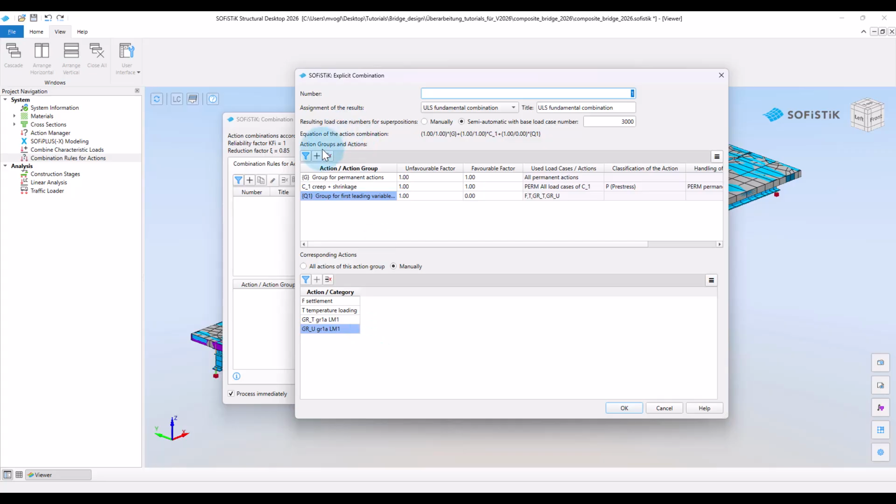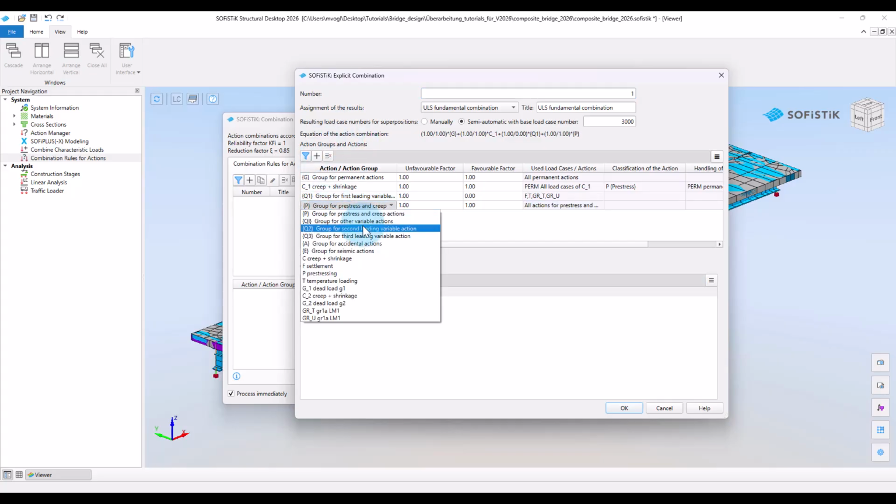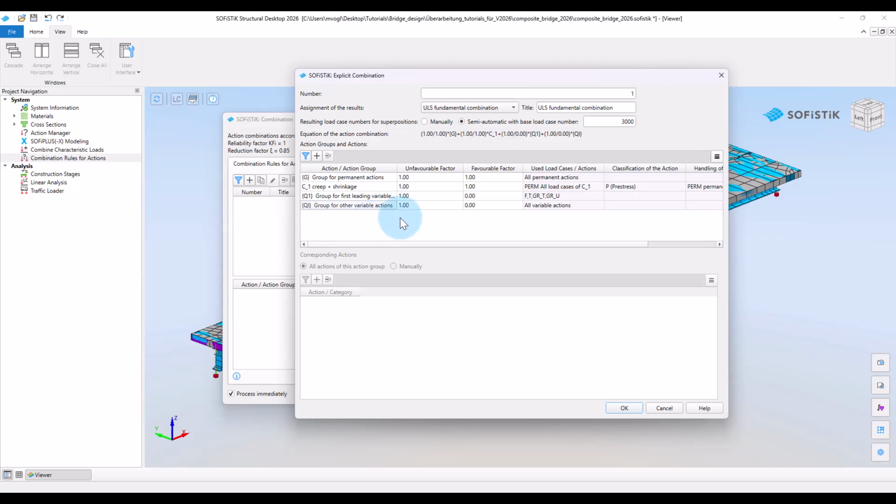We next add an action group for the other variable actions and also assign all the relevant variable actions here. From this group, all actions except the one determined as leading variable action will be added with the defined factors.